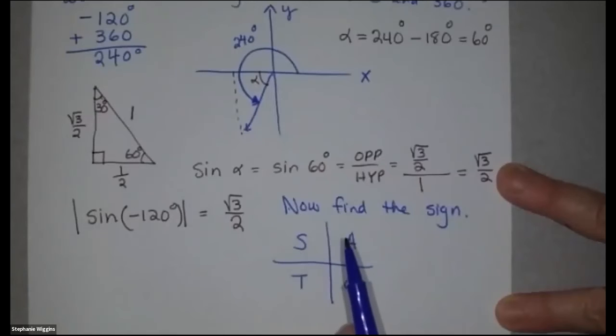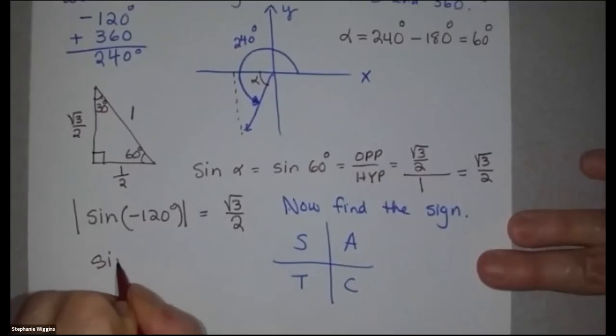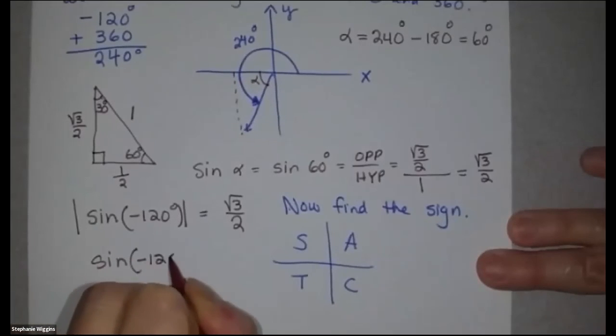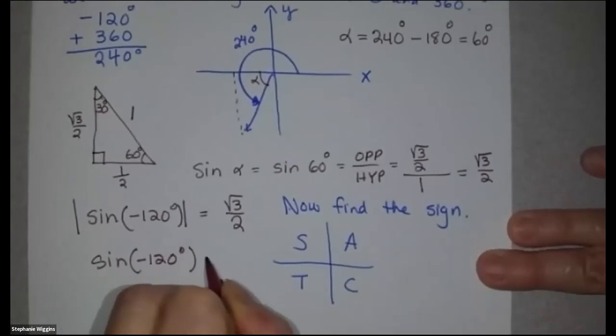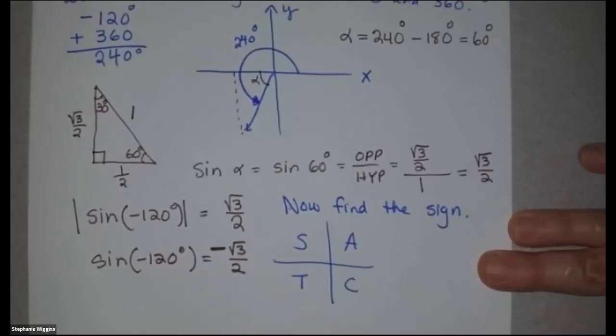Sine is positive here and here, which means it's negative in the third and fourth quadrant, okay? So we're in the third quadrant, so our answer is going to be the negative. So that means that sine of minus 120 degrees is negative square root of 3 over 2. Okay,